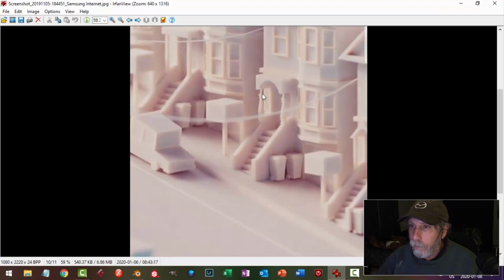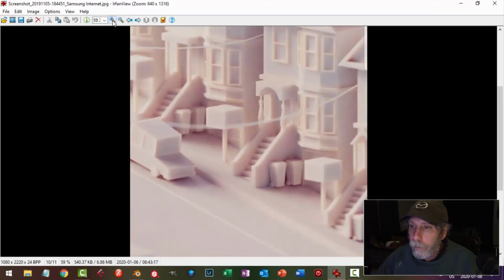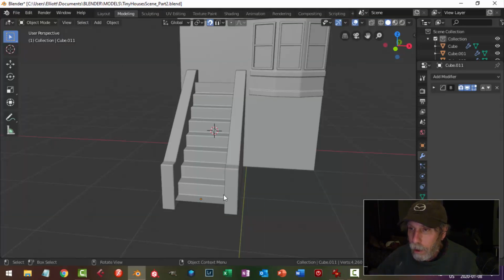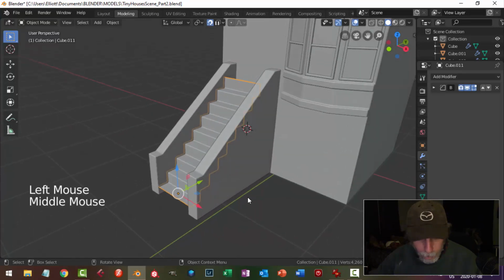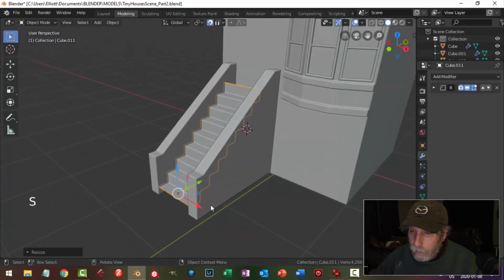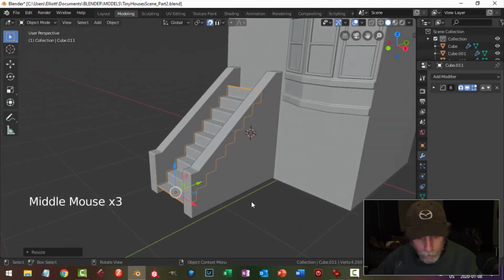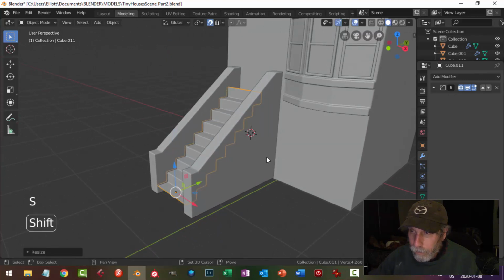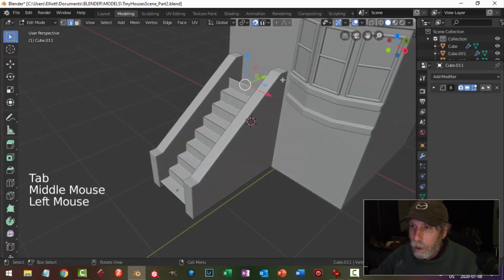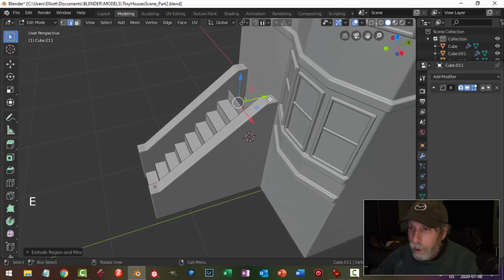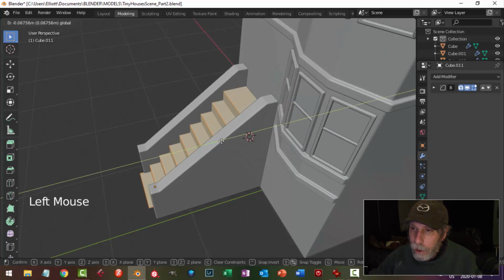Okay, now this part of the landing is roughly at the height of that, so I want to use that as my reference. So what I'm going to do is scale these in the Z a little bit, fix that up a little bit, and that is almost what I want. Scale in the Z a little bit more. And now I'm going to select that edge, turn off snapping, and go ahead and extrude that into the house,